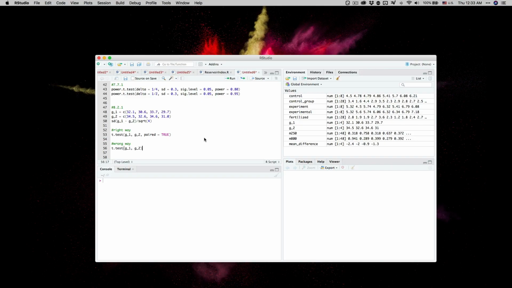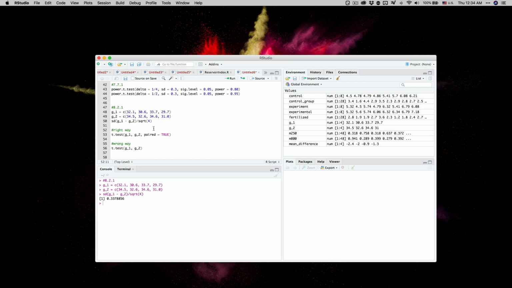The last question, 8.2.1. In the first step, you want to calculate the standard error of the mean difference between two varieties. So this is how you are supposed to do it. Pass in the first group and second group. As you can see here, in order to calculate standard error, we have to first calculate standard deviation and then divide it by the square root of the sample size. The difference is G1 minus G2, so we calculate the standard deviation of that and divide it by the square root of n. So that is